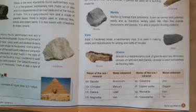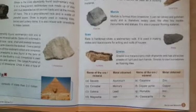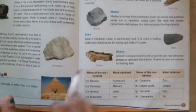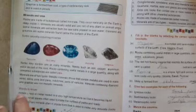From cassiterite ore, which metal do we obtain? Tin. These are the ores and the metals we obtain from the ores. Now see, minerals. Rocks are made up of substances called minerals. Naturally occurring minerals are